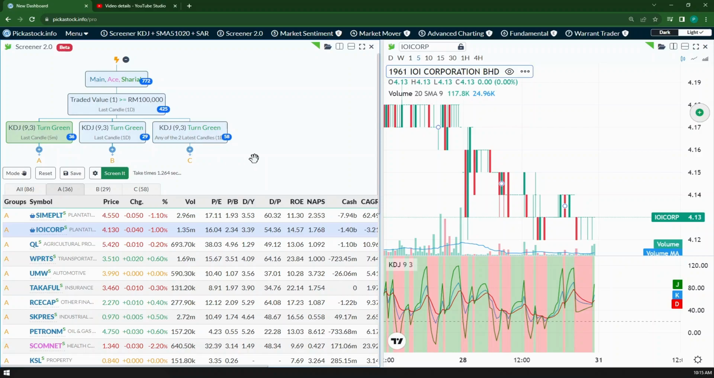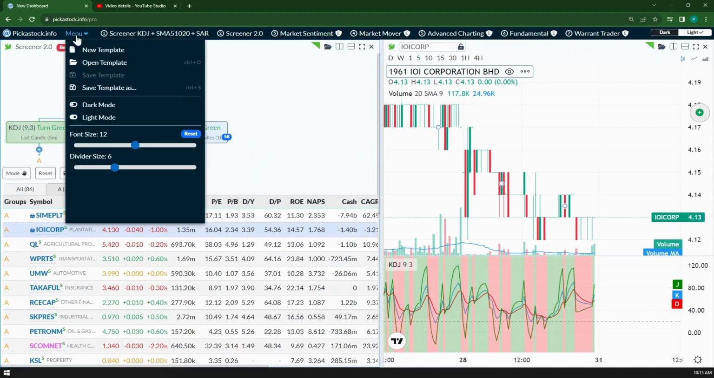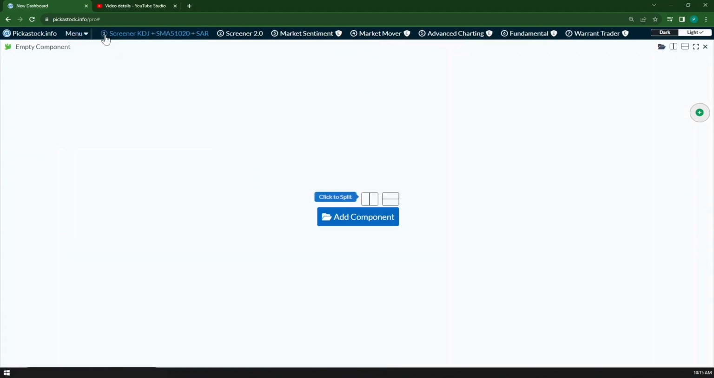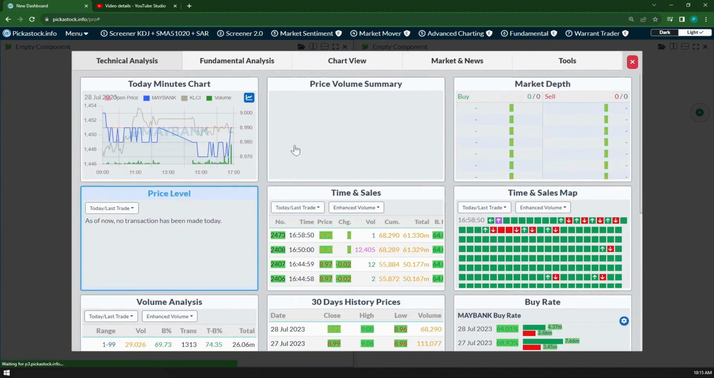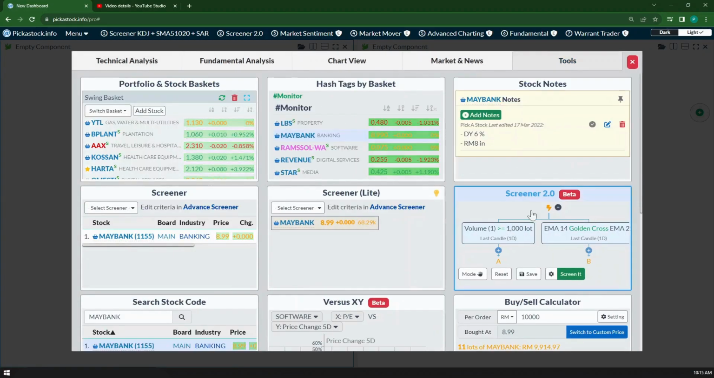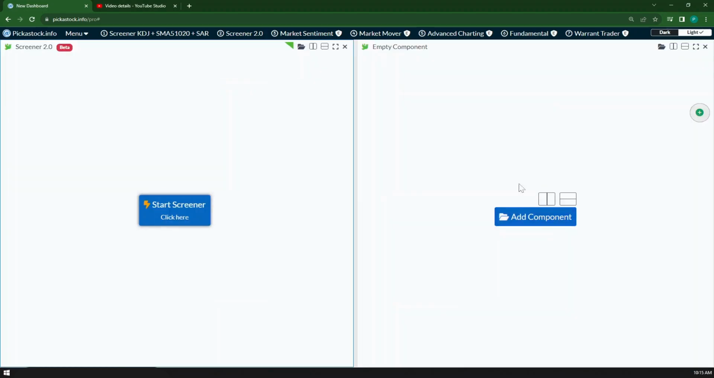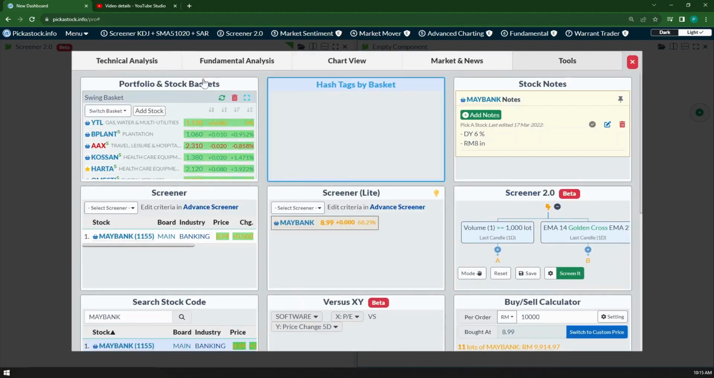So as usual, first thing first, we will create a template like this. Go here, create a template. Then for today's example, I will divide into two. One is our screener 2.0, so later on we will add in the indicator, KDJ, and so on, our filtering. Secondly, I will put in the